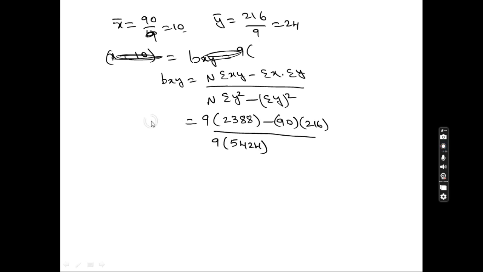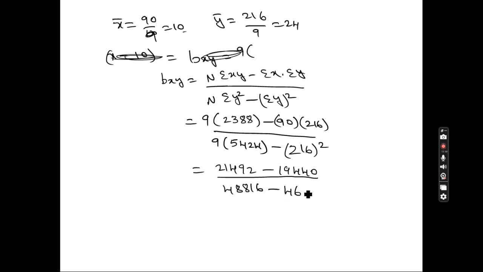So I will take the pen one more time. Minus, the sum of y is 216, so 216 whole square. So 9 into 2388 is 21492, minus 90 into 216, which is 19440. Divided by 9 into 5424, which is 48816,